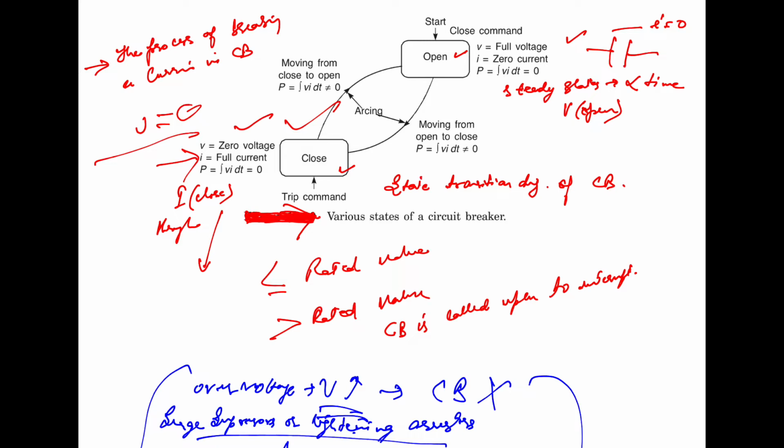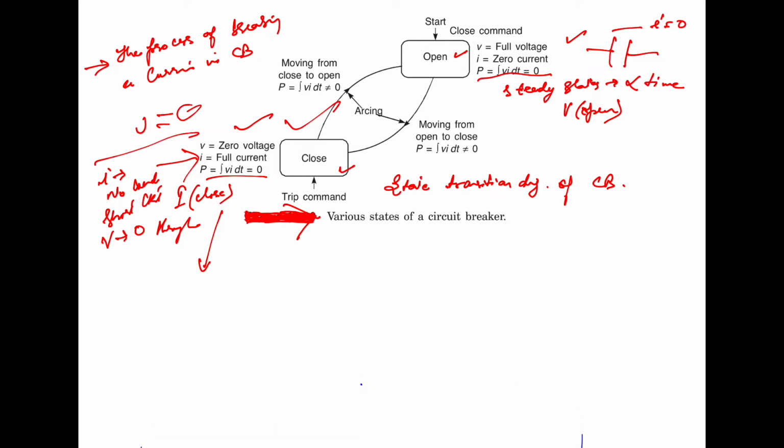So the value of the current can be from no load to short circuit, and in this case the value of the voltage is practically 0. So the power dissipated when the breaker is either in the open state or the closed state, as shown here, is equal to 0. Even the circuit breaker has a voltage rating and a current rating,